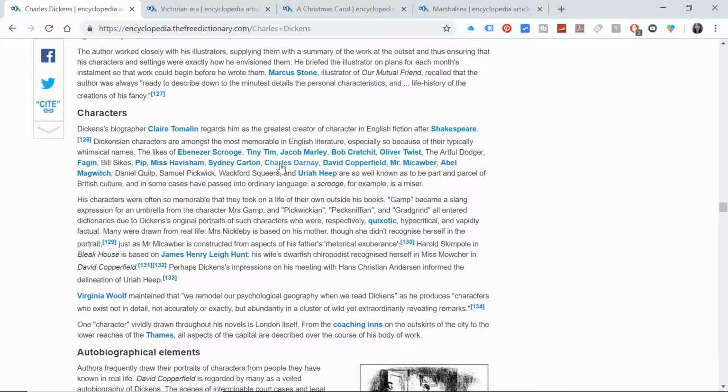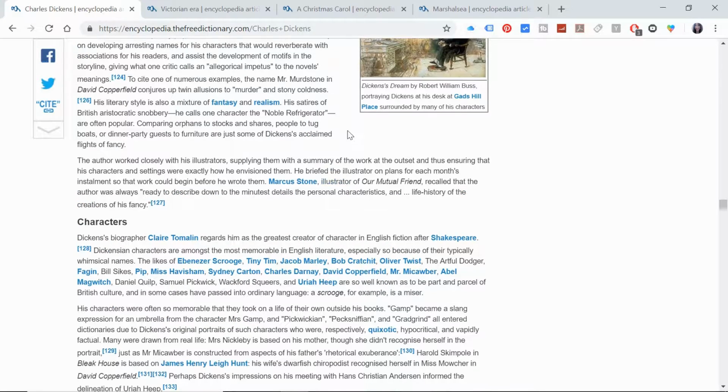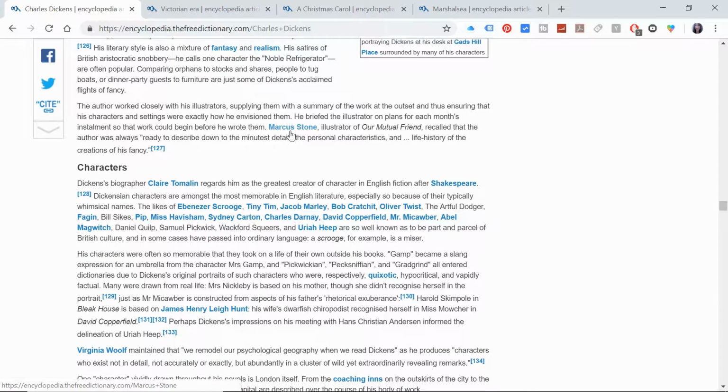But if you saw the previous video, one of the things you'll know is that his characters often have very significant names, and these names relate to the story that the characters are going to go through. So we can definitely see that with Pip. We can see it with little tiny Tim. We know from his name that he's a character that we're going to feel something for. He's already being shown to be vulnerable by his very name.